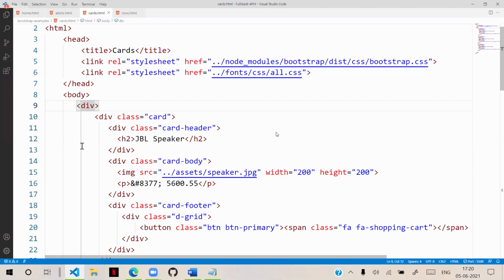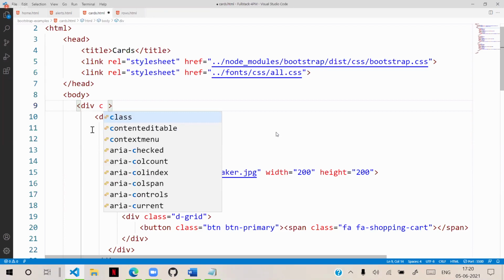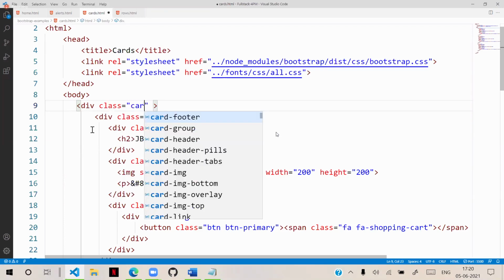Generally, what are the options you can define? Actually, for cards, we can arrange all of them side by side by using a simple option like this. Generally, in earlier versions we have card deck.